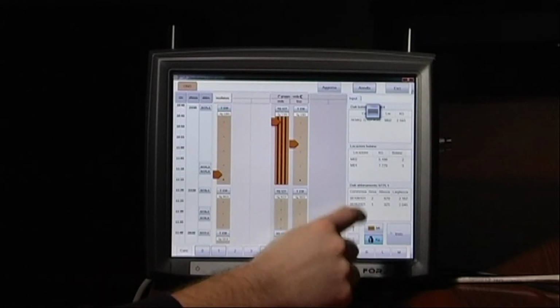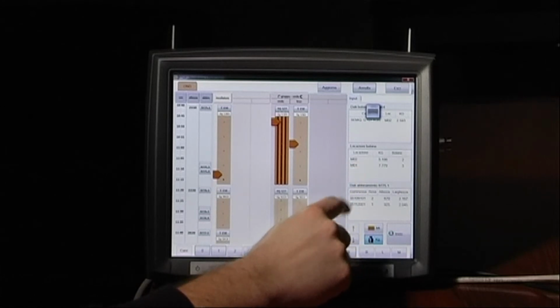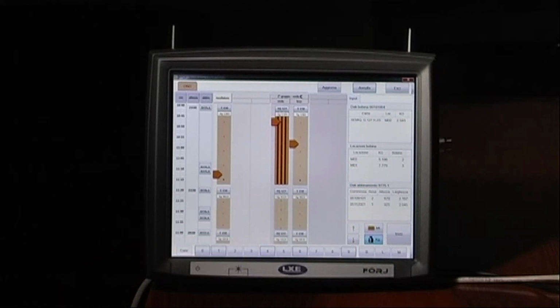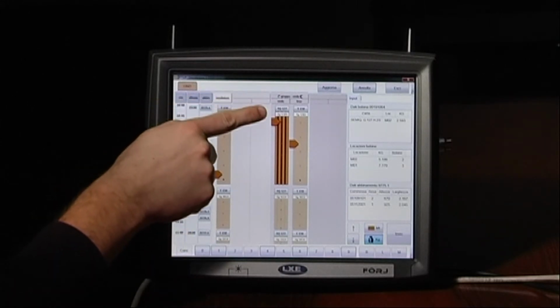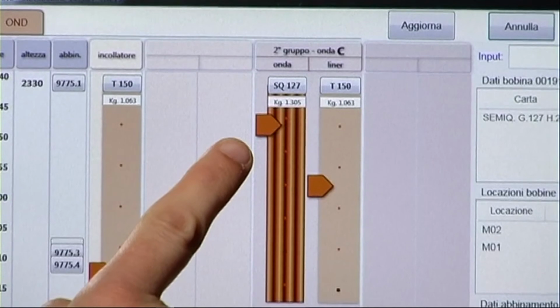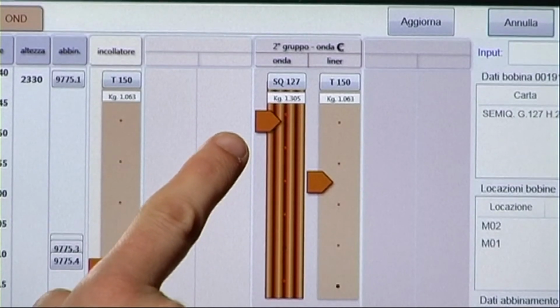Now let's go into specifics, to a simulation of the forklift driver's efficiency. Let's imagine that the progress of the corrugator programme is that indicated on the video. We can see that the SQ127 card has almost run out on group Onda C. We check the information about the next roll to be loaded and we see where it can be found in